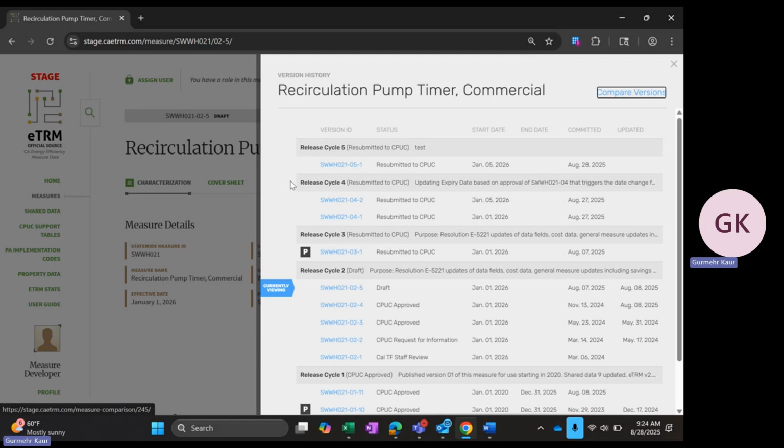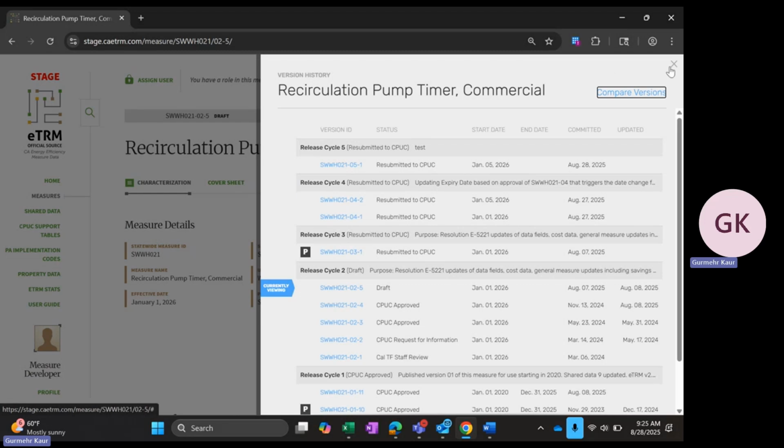The committed date is an automatic timestamp for when the draft was last committed or saved, and the updated date is also an automatic timestamp from whenever the most recent change happened to the version before or after commit, such as a data update or a status change. Just as a note to minimize clutter, the updated date will only appear if it is different than the value in the committed date. So when a release cycle has an open draft, you will see a yellow D indicator